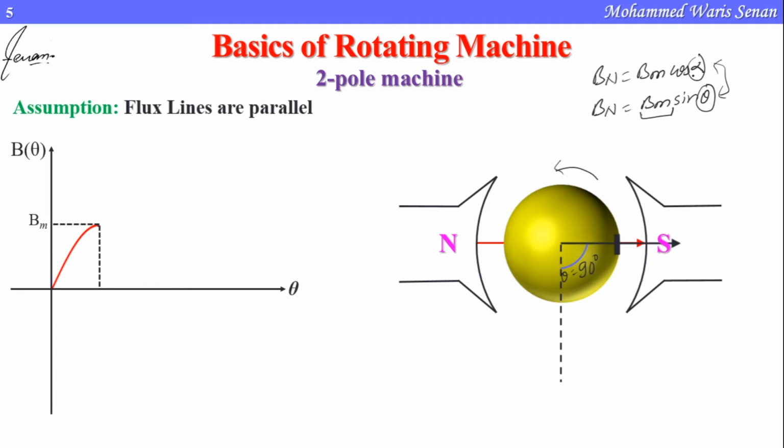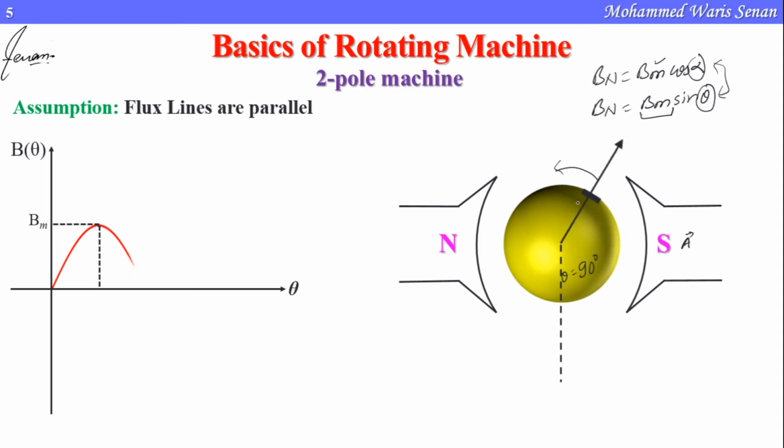And if we take the cos value, alpha will be 0 degrees, because alpha is the angle between the area vector, this is the area vector, and the magnetic field. So this is 0 degrees here. So cos 0 will be 1. So Bn will be equal to Bm in this case also. So from here you can say, when the rotor moves by an angle of 90 degrees, the graph will be like this. It will start from 0 and reach the maximum value. Okay, so now let us rotate once again.